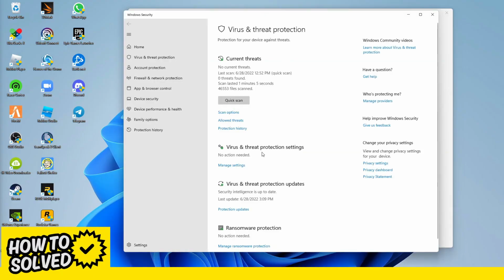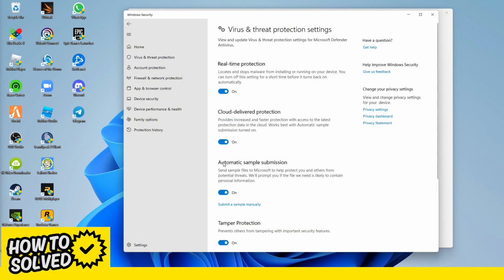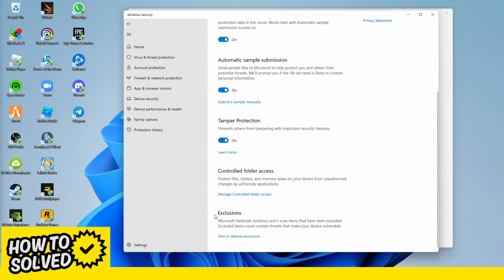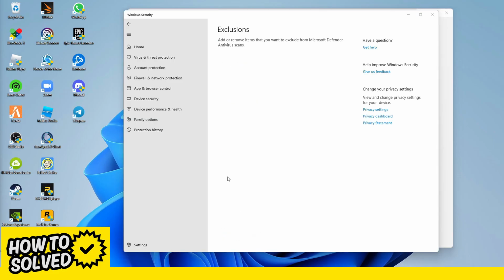And then here, right in the middle, at virus and threat protection settings, click on manage settings. And then scroll down to the very bottom, and here in the section exclusions, Microsoft Defender antivirus won't scan items that have been excluded. Just click on add or remove exclusions, and then click on yes, or confirm it with